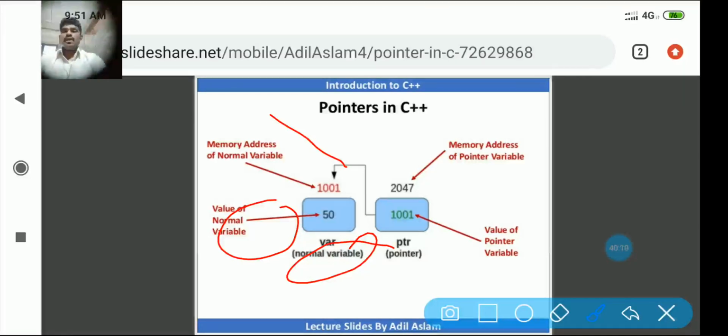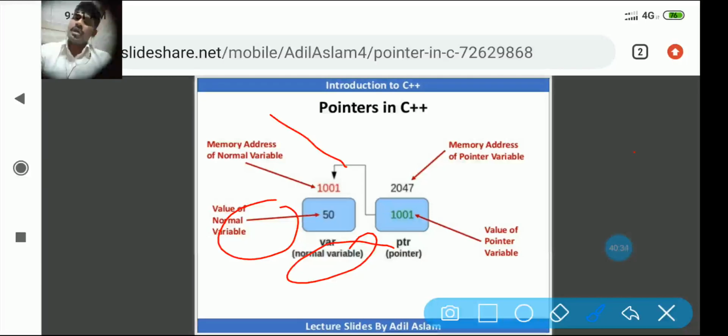And the memory address of the pointer variable. Now look at here, 2047 again is the memory location for what? Pointer. If you want to create the pointer, you have to create it in the memory only. Memory is essential to put any type of data. It may be pointer, array, function, anything.